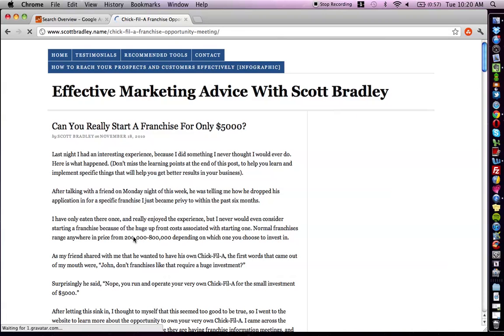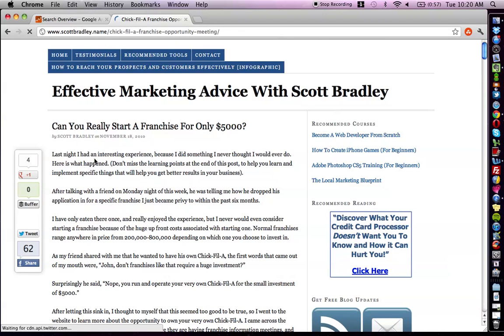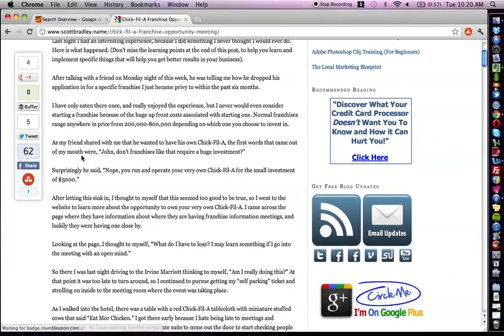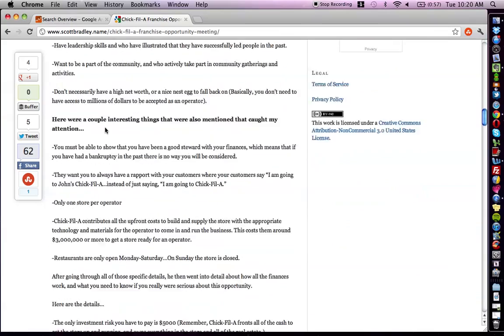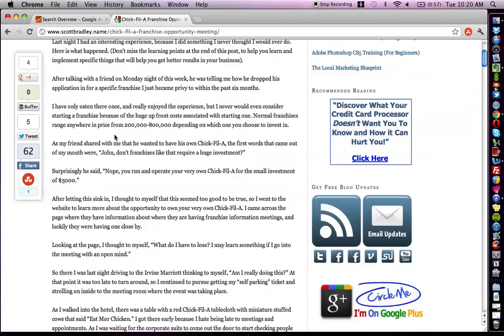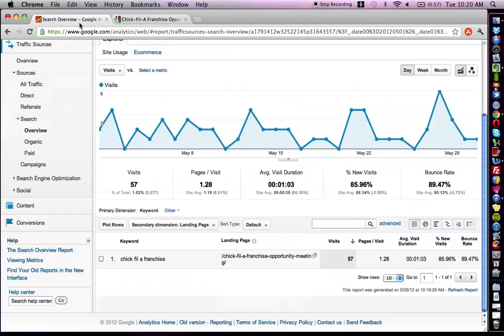it comes right to my article talking about my experience at Chick-fil-A, the meeting, kind of what I learned, what I took away from it, and it's been very valuable. So it's really optimized well. So that gives you an idea of, okay, what keywords are driving what traffic to what pages. And again, that's for all your SEO and your optimization to think, okay, this is how my traffic is flowing,